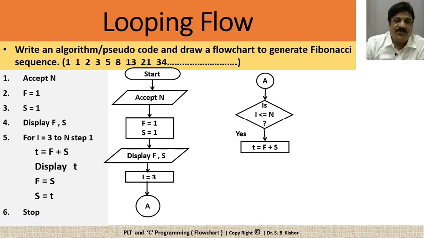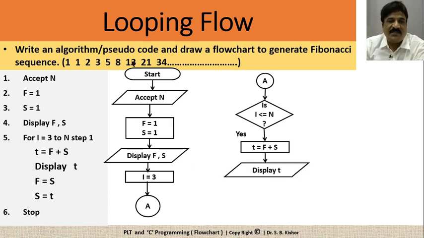So how are you going to find out the third number? The first number plus the second number is what now? The third number. So we have already printed the two numbers, that is 1, 1. Now print the value of the third number, that is 2. Now what do you need to do? Make this your first number and this one your second number. So how are you going to do it? By transferring the value of the second number into the first and transferring the third value into the second. Okay, and the next number is going to be generated.